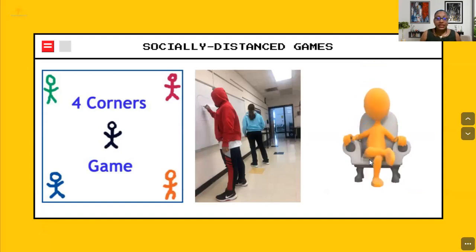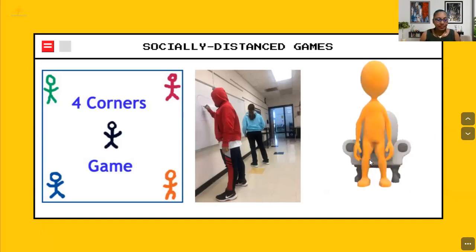Pictionary is also a great way to keep socially distanced and incorporate games in the classroom. You can create a list of words your students have to draw and get their classmates to figure out the concept. Bonus points added if they can provide a definition or a synonym or maybe an alternative to what was presented.